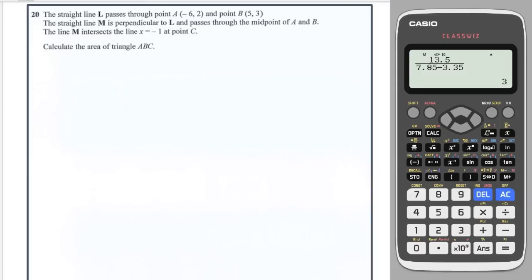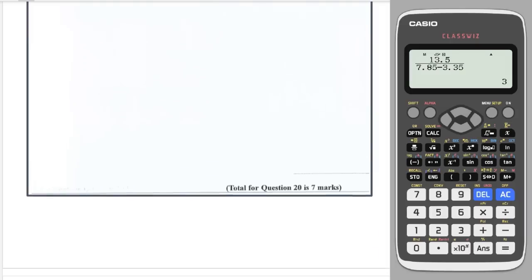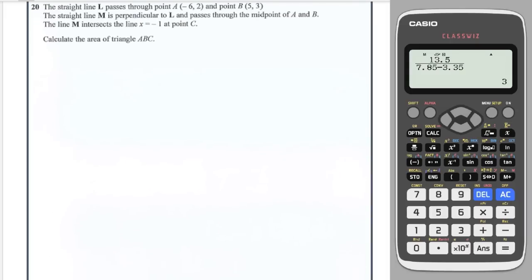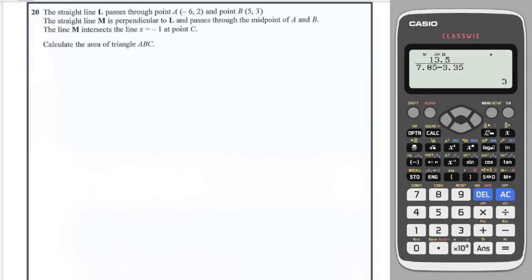Okay, here's a nice tricky question, which is worth a total of 7 marks. So we have a straight line L that passes through 2 points, and the straight line M is perpendicular to L and passes through the midpoint of AB. Okay, so let's start by working out the equation of L. So I'm given 2 points, I can work out the gradient first. So the gradient of L